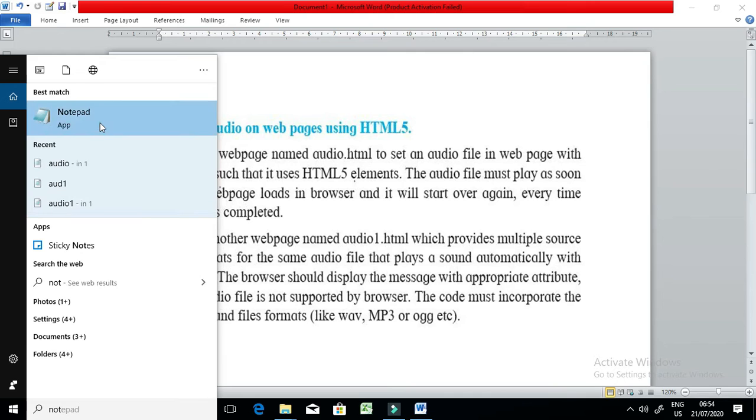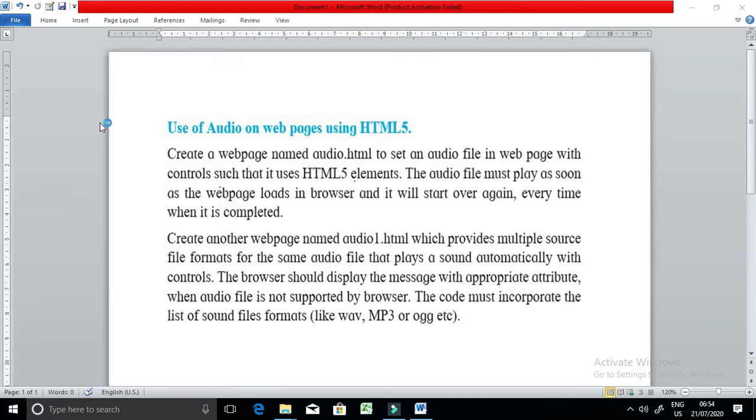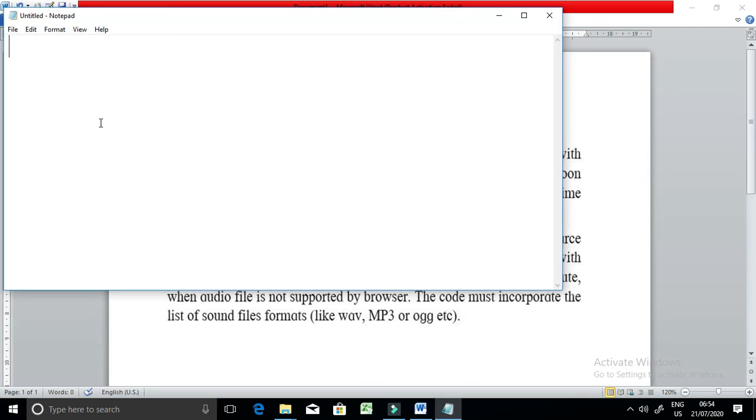Open Notepad text editor. Doctype HTML declaration statement followed by HTML tag.